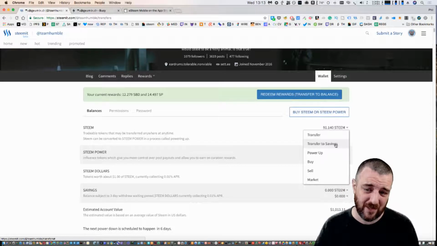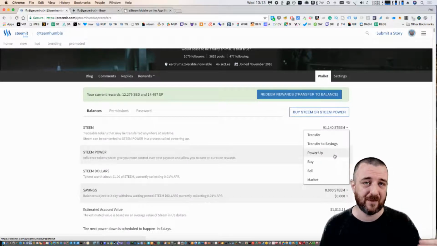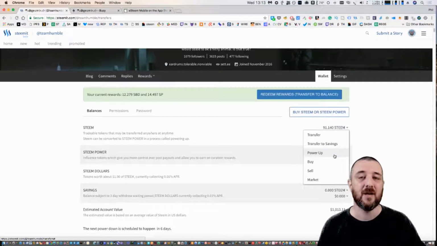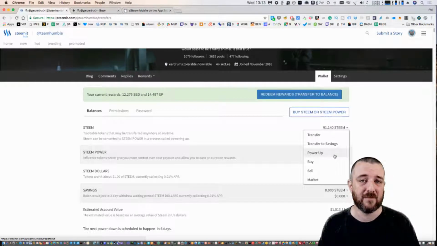You can do transfer to savings here. You can do a thing called powering up, which is to turn the Steam that you have, the liquid Steam in your account, to Steam Power. So you could leave the Steam in there and then take it out at some other time, like withdraw it, sell it off. But I would recommend that you try and keep Steam Power and build up that Steam Power,